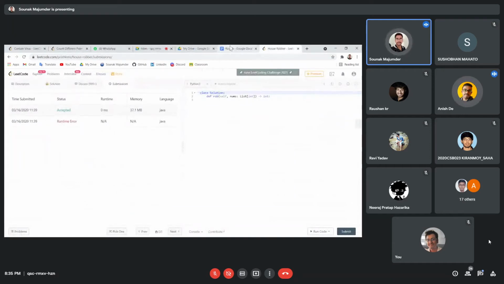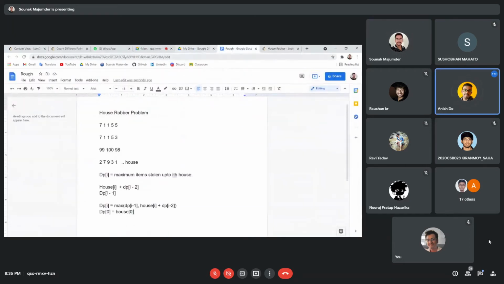Okay, wait, I am showing my code. They don't need the code. I think that would be a bad habit. They can solve it on their own. We are not telling you the entire thing so that you can just copy. So this is the problem, and I hope you can solve this one now.